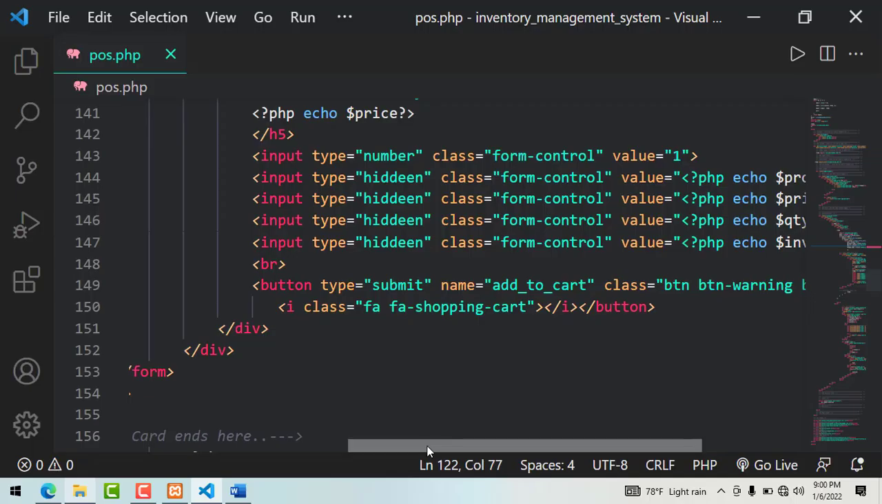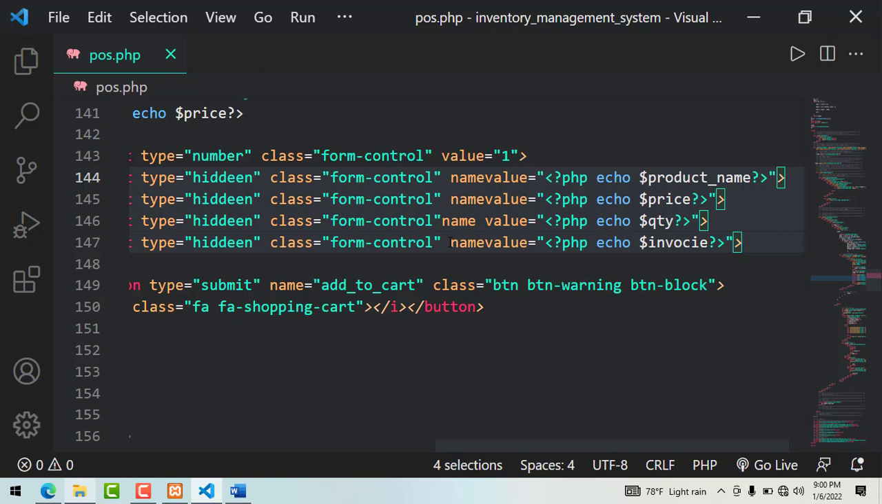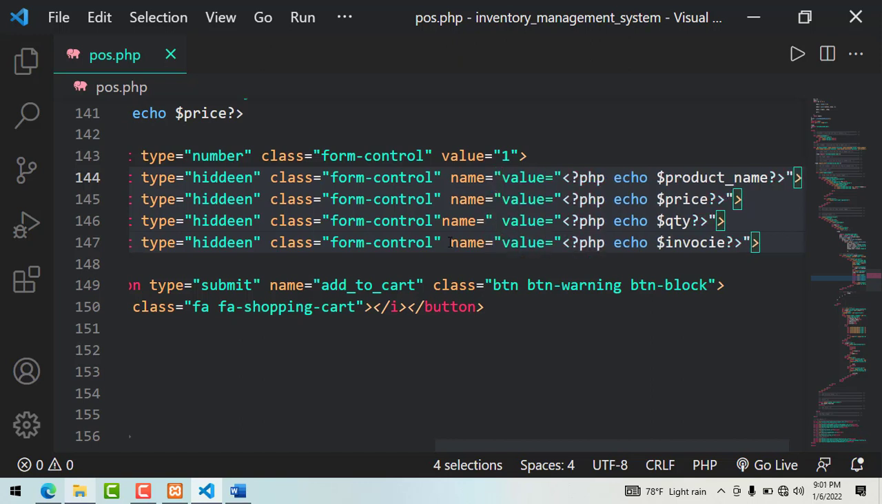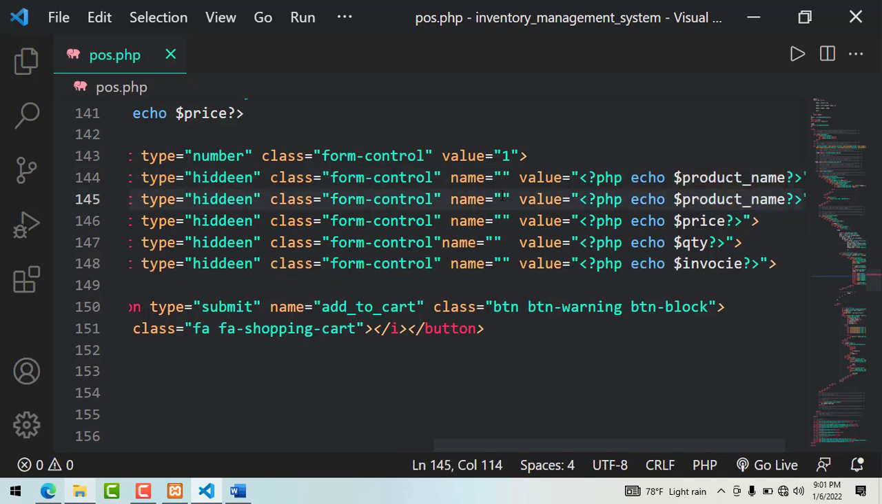Okay, so we now have those there, and now we also need to have the name. So we're going to come and add a name here. So name is equals, so this one, the name will be product name, this one will be price, sorry,